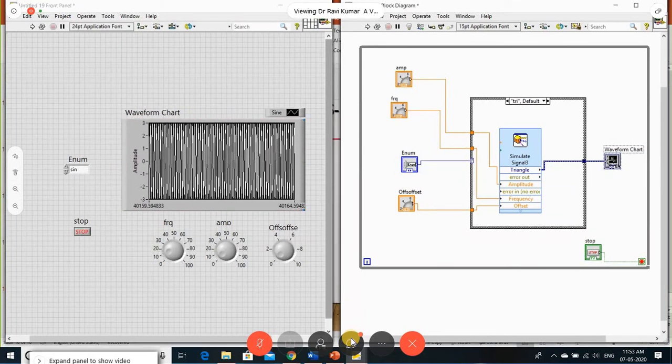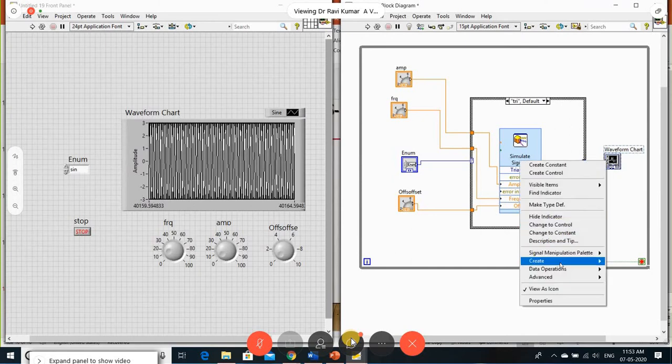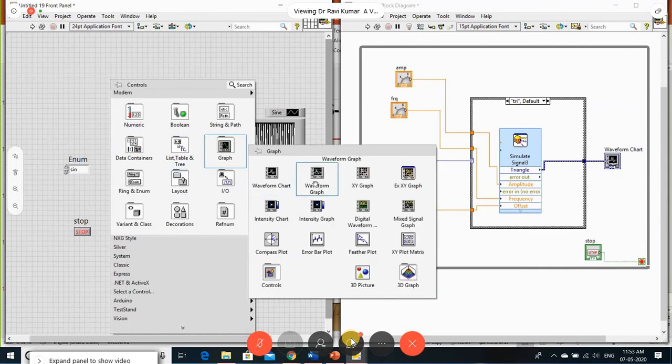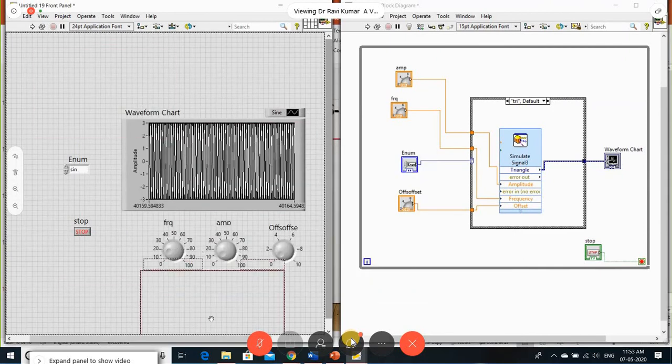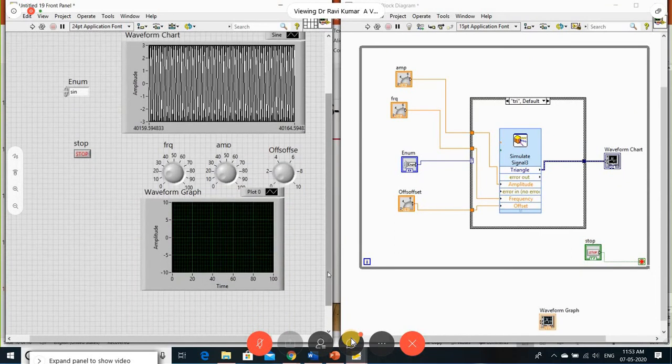So some of them are replaced, the graph will go with the, let me check with that. What is the difference? We'll see that.